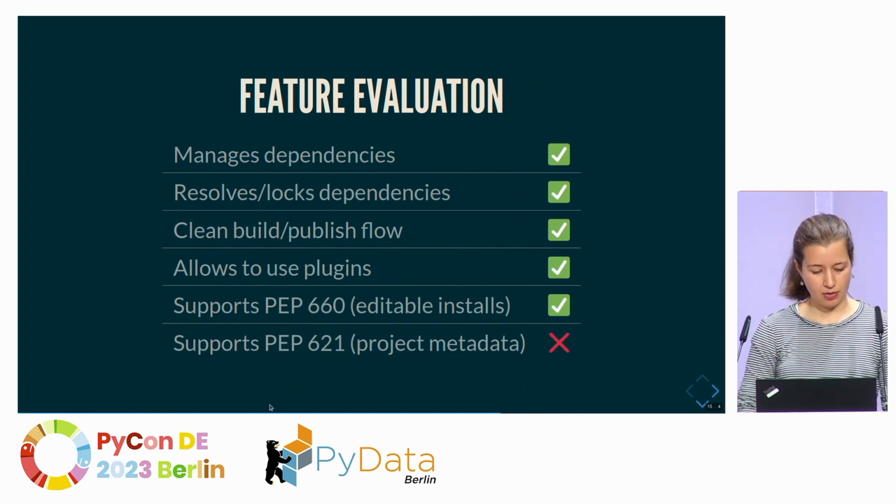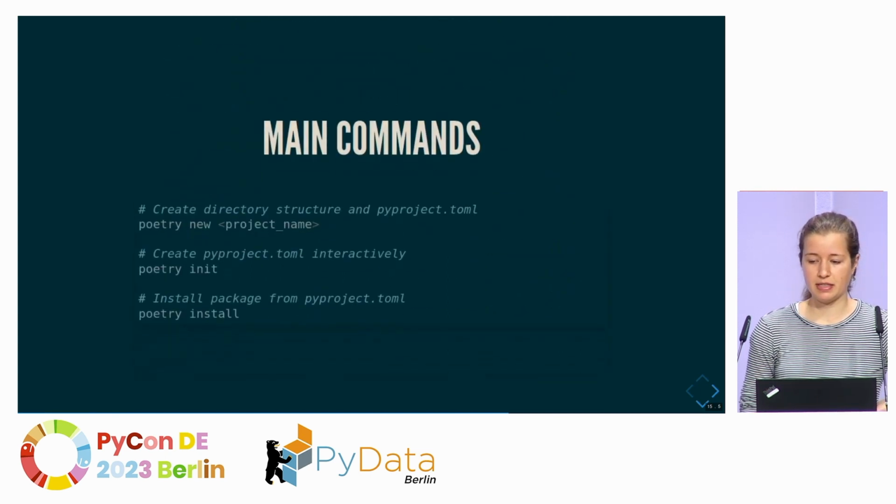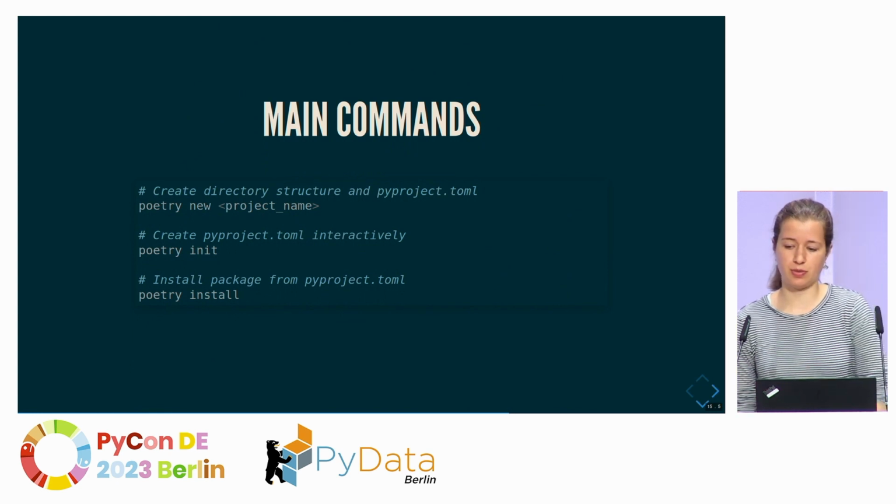If we look at our feature list, then we can see that it does not support PEP 621, which is interesting. That has been an open GitHub issue for about 1.5 years, I think. But all the other main things are supported, like it allows you to use plugins, it has a locking functionality and resolves your dependencies for you, and allows you to manage dependencies, which is also reflected in the main